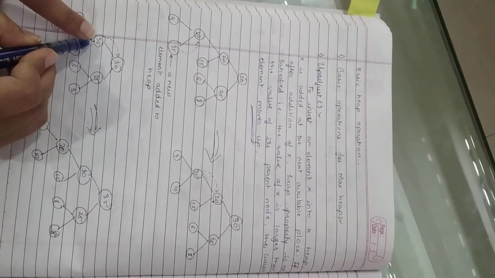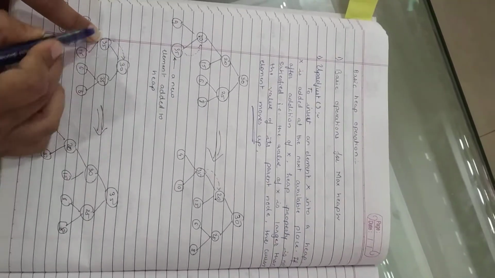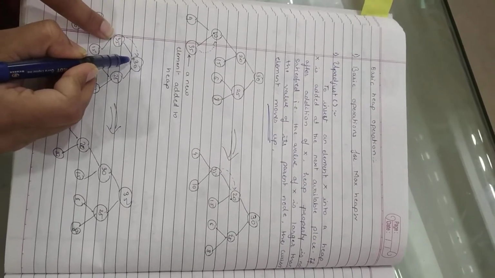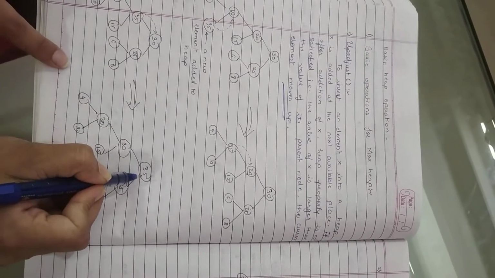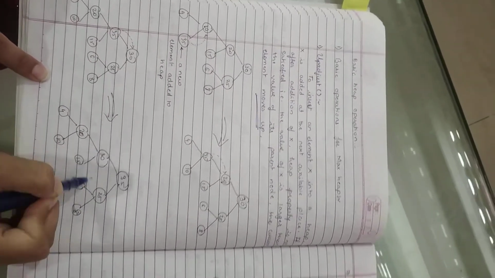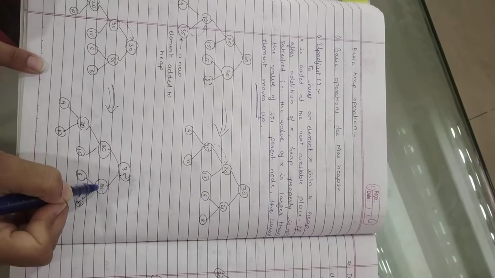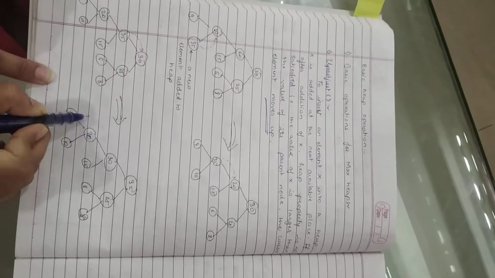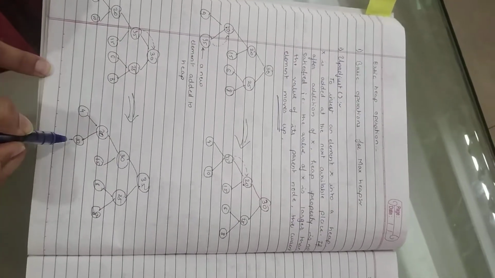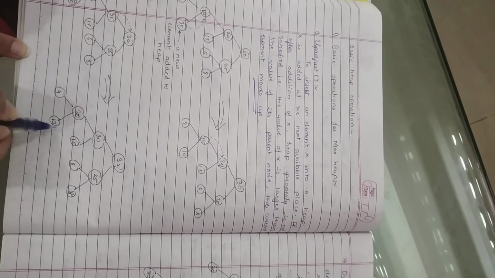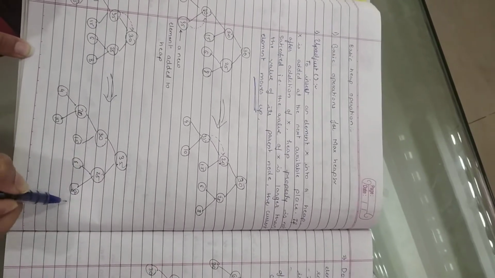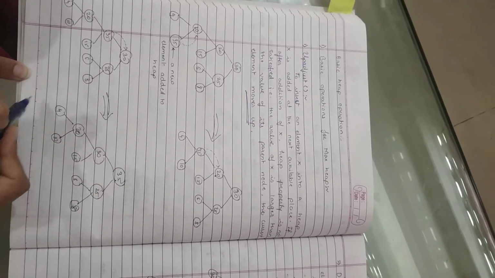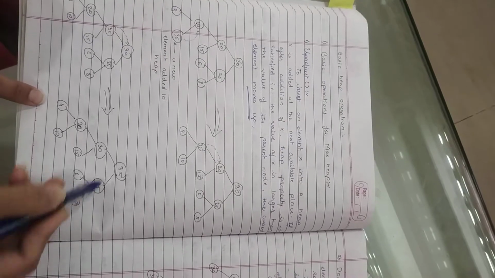Again 35 is greater than 30, so the max heap property is not satisfied here. That's why 35 should be moved up again and 35 becomes the root. Now 35 has two children, 30 and 25, which have lesser values. 30 has two children, 20 and 15, which have lesser values than the parent. 4 and 10 are the children of 20, which have lesser values, and 6 and 8 are the children which have values less than 25. Now we have satisfied the condition for all the cases.